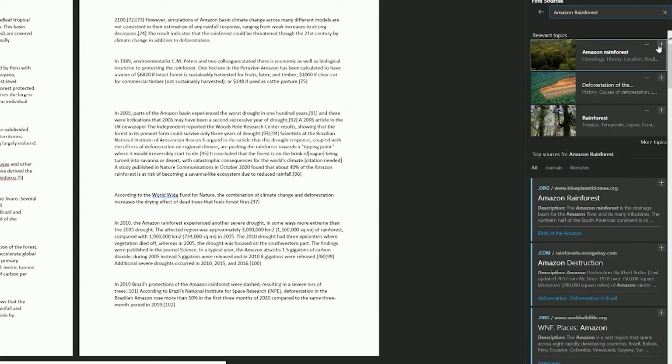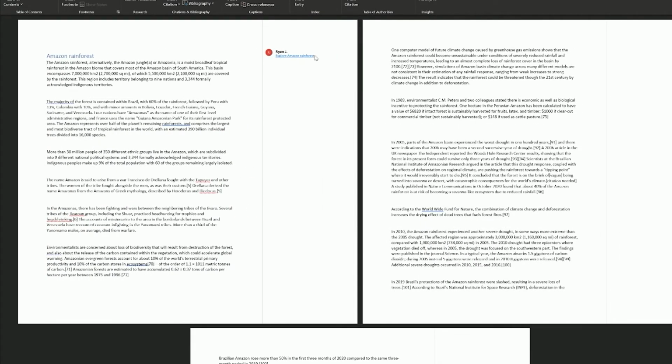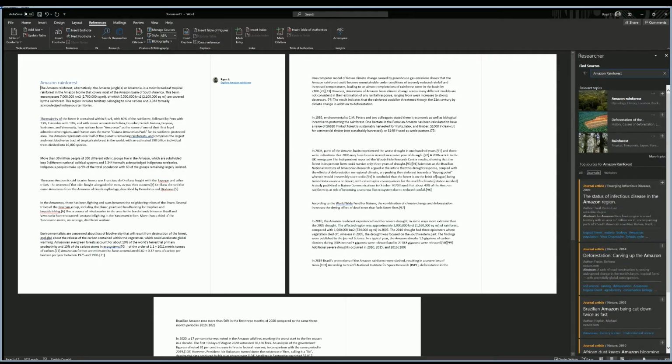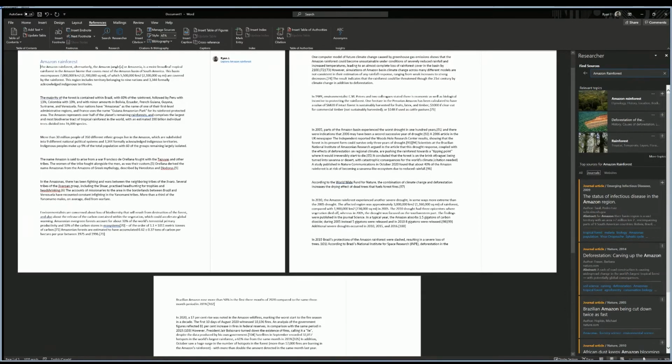Planning out your research paper is almost as important as actually writing it, and with the help of Researcher, getting inspired and structuring your document has never been easier. To start an outline, click on the plus sign next to each subtopic heading, automatically inserting a heading into your document, as well as opening a comment section next to it, which will include a link to that section within Researcher.